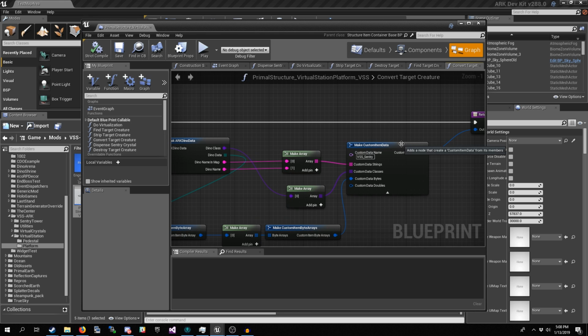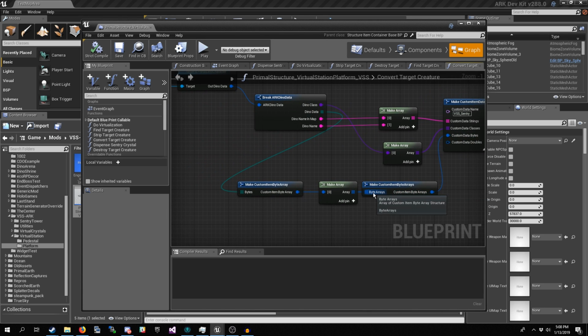This make custom item data struct now has another property in it called custom data bytes, which allows you to store an array of bytes.